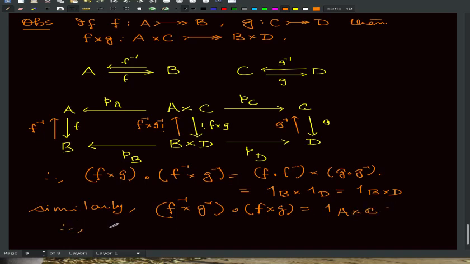So therefore, F cross G inverse is F inverse cross G inverse. So F cross G is a bijection between. Alright? Okay? So in particular it says if A and B are equipotent, C and D are equipotent, then A cross C is equipotent to. So this means that is